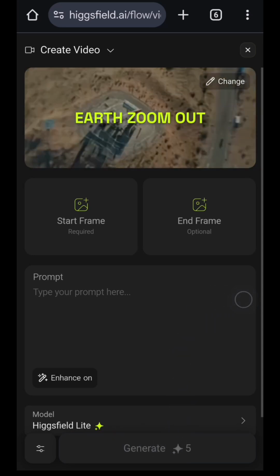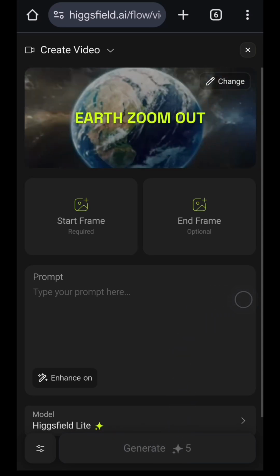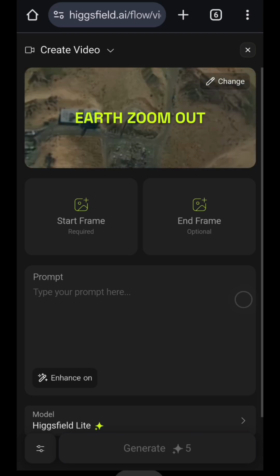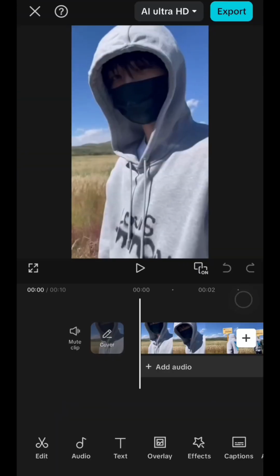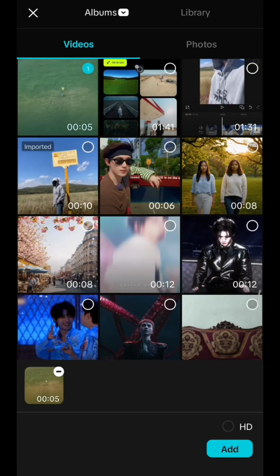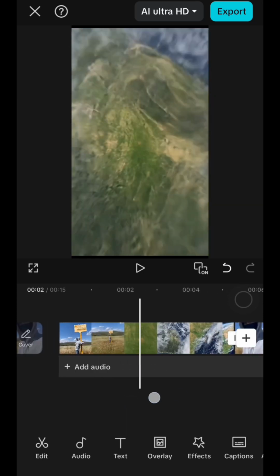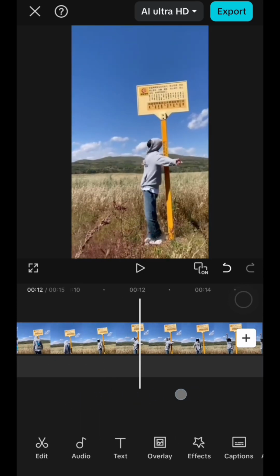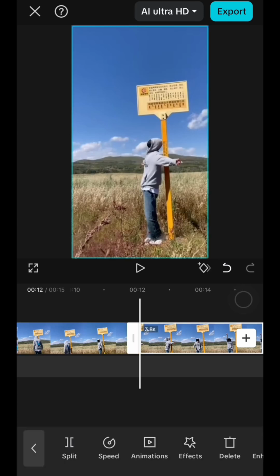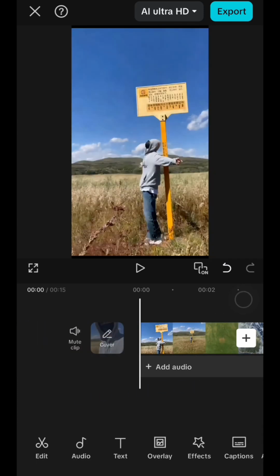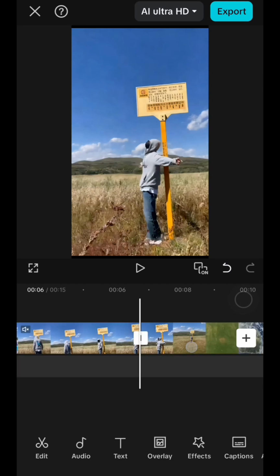And then once your AI generated clip is ready, just go back to CapCut and open your previous projects and import the earth zoom out clips and then place it right after the scene where you took the screenshot. Before I took the screenshot from the middle, this one, I will split it and then I will place my clips in between the clips like this,